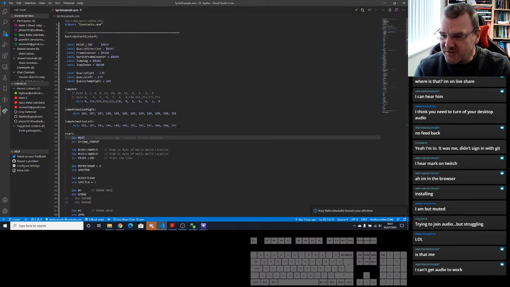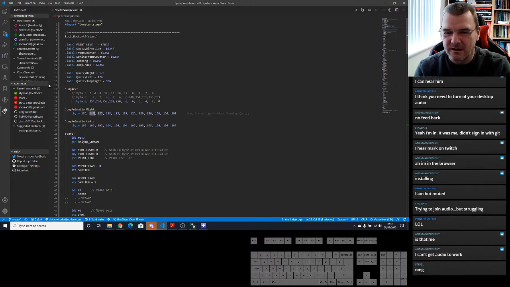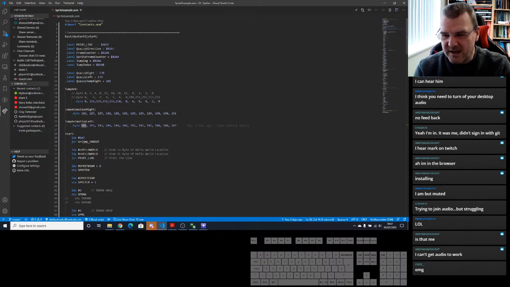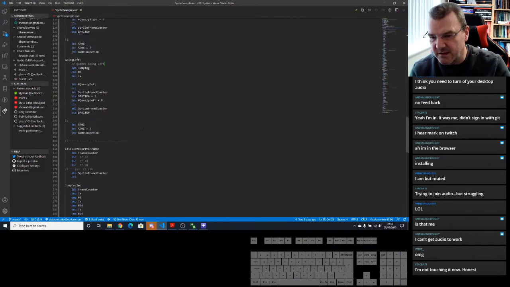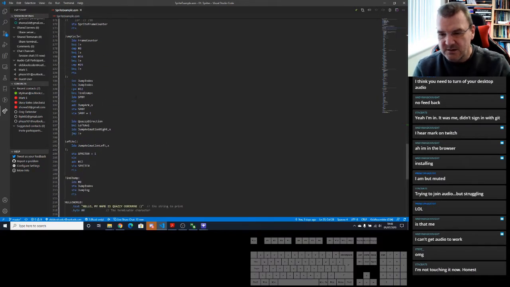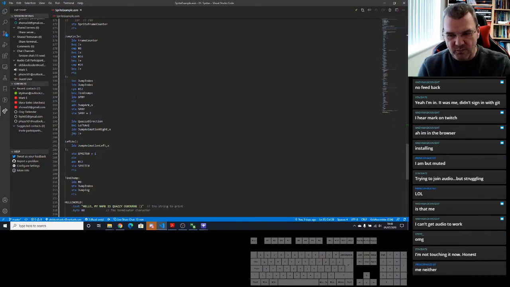And then for each of those frames, I've got the right and left. These are the frames for left and right. So these are the sprite numbers. All right. And so for each of those frames, I have a corresponding sprite that then it goes through. And that's what the jump cycle routine handles. So it handles how the jump is animated.